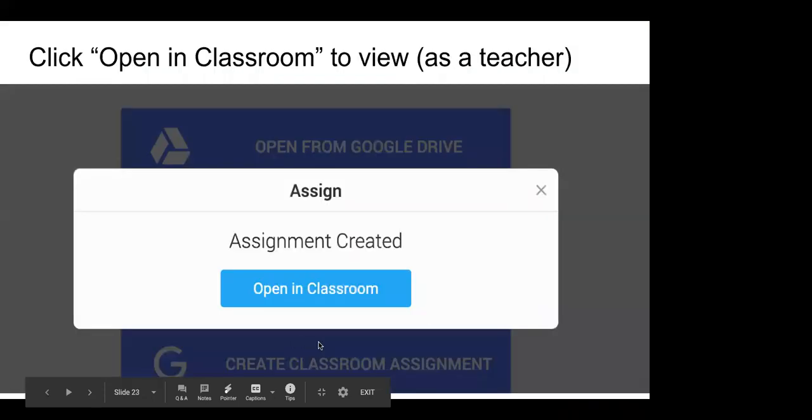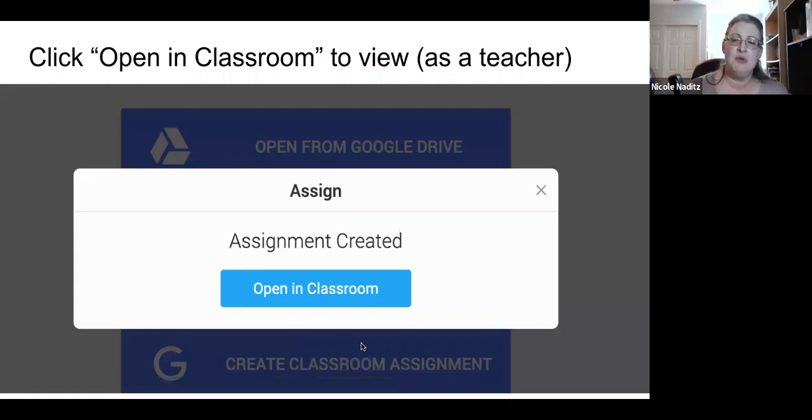Starlight, can you click the participant button and mute all? And then,